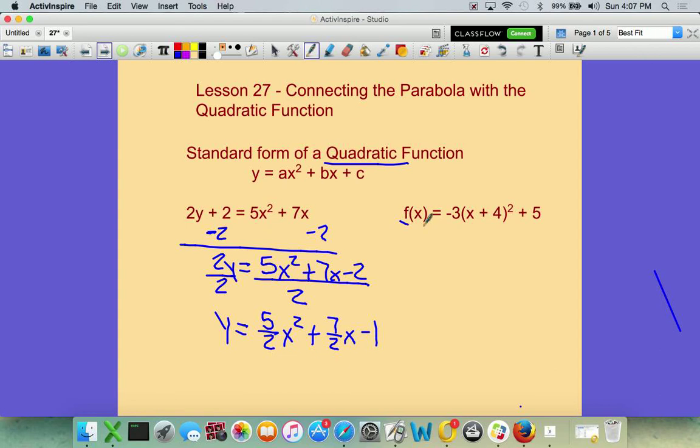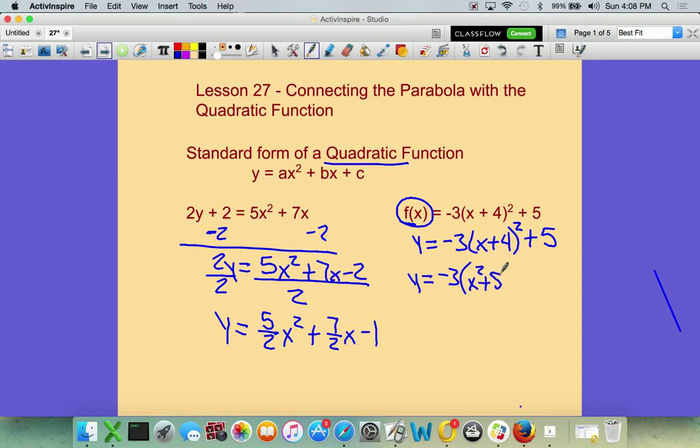Well, the first thing to realize, f of x is the same thing as y. So we just rewrite this with our y in there. From there, we've got to make it look like this. Well, because of this set of parentheses in here, we got to do some work to make it look like that. So we've got to multiply out this x plus 4 squared. So that ends up being negative 3 times x squared